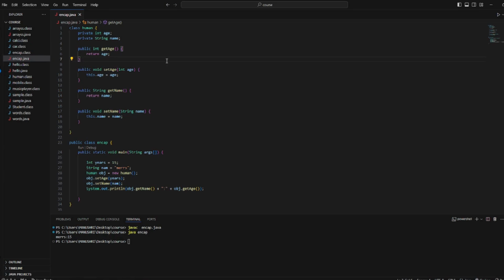So basically this is used for referencing the current object, and not only for referencing the current object, it also helps us differentiate the instance and local variable.